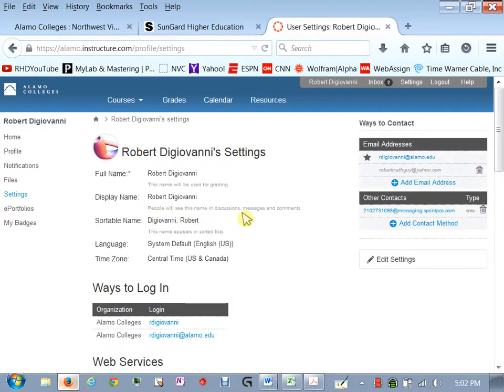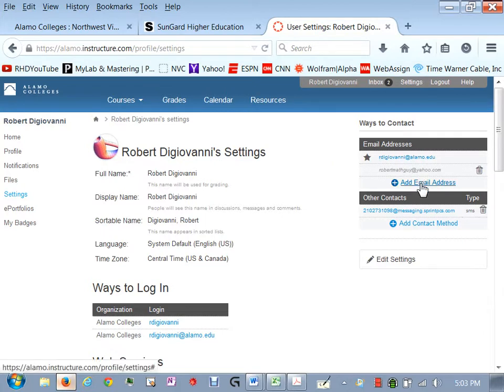Officially, we communicate through Canvas. So when you send me an email, you want to go through this little inbox here, send me something, or if I send you an email, it's going to come here. We're not going to use any external email addresses to communicate. However, if you'd like to receive notifications to your other email addresses, so let's say you have a Yahoo account, and you want your Yahoo account to let you know when something happens within your course, what you can do